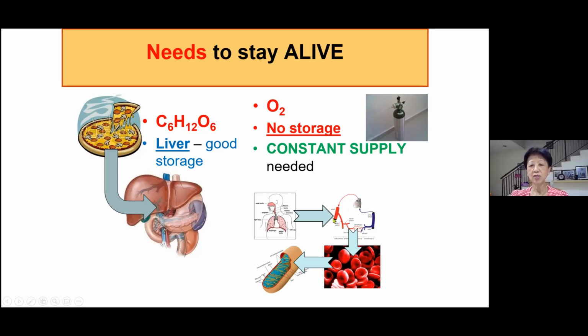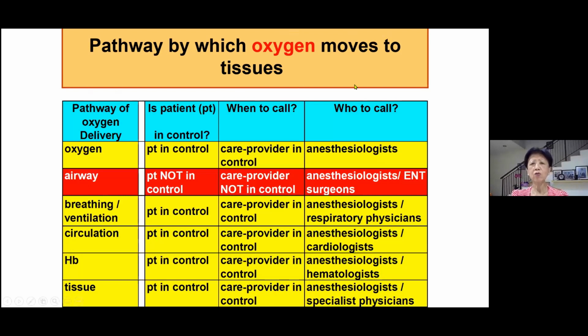And that oxygen is taken up and pumped around by the circulation. Oxygen is combined with the hemoglobin in the red blood cells and finally brought to the tissues and into the mitochondria. And this is the process that we have to focus on, especially if we are to sustain the life of our patients. If you look at the pathway of oxygen, it passes through the airway by the process of breathing into the gas exchange site in the lungs, into the circulation, and then carried in the hemoglobin and then into the tissues. Any of these processes, if obstructed or not functioning well, can mean the